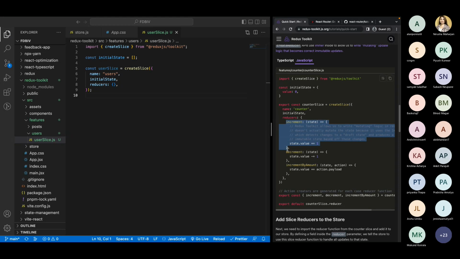One function is increment function, another is decrement function, increment by amount function. We have multiple functions here. So we will create some functions and then we will export it from here. Okay, we'll export it. And then let me just